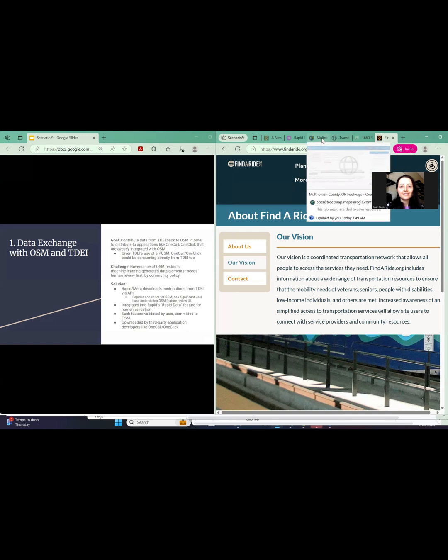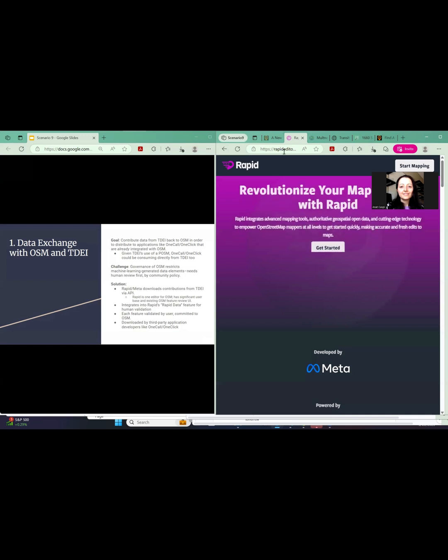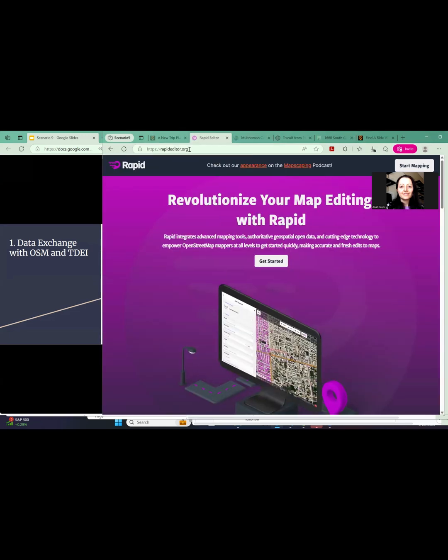I'm going to flip over to Rapid. This is what you see when you log into the Rapid editor. I will expand this so you can get a little bit better visualization here. So if you go to rapideditor.org and you get started.